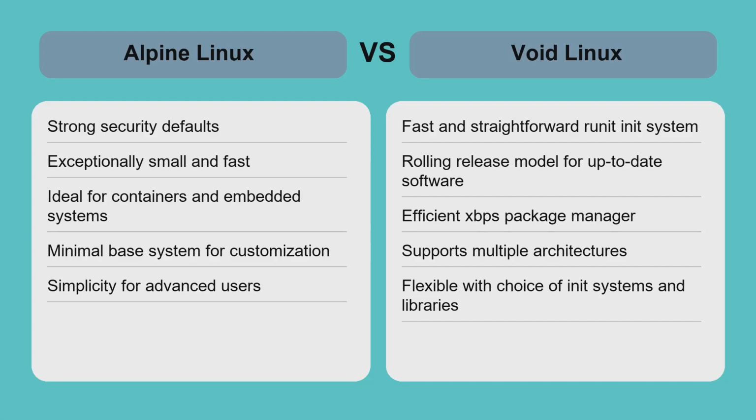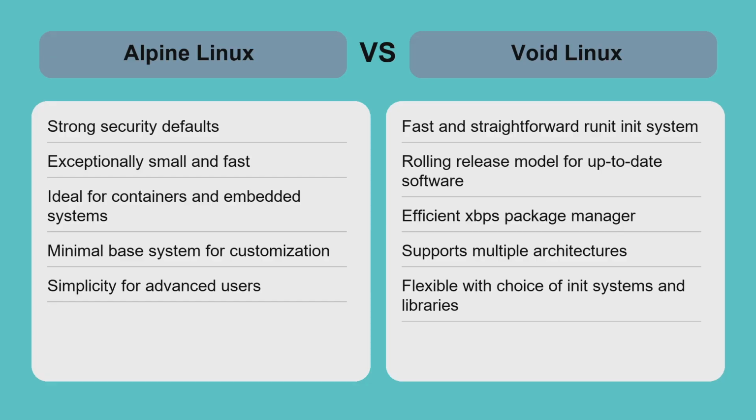When comparing Alpine Linux and Void Linux, Alpine excels in security and minimalism, making it perfect for containerized environments and security-focused applications. Its musl libc reduces size but can limit software compatibility. Void Linux offers more flexibility with glibc by default and a choice of init systems, making it better suited for